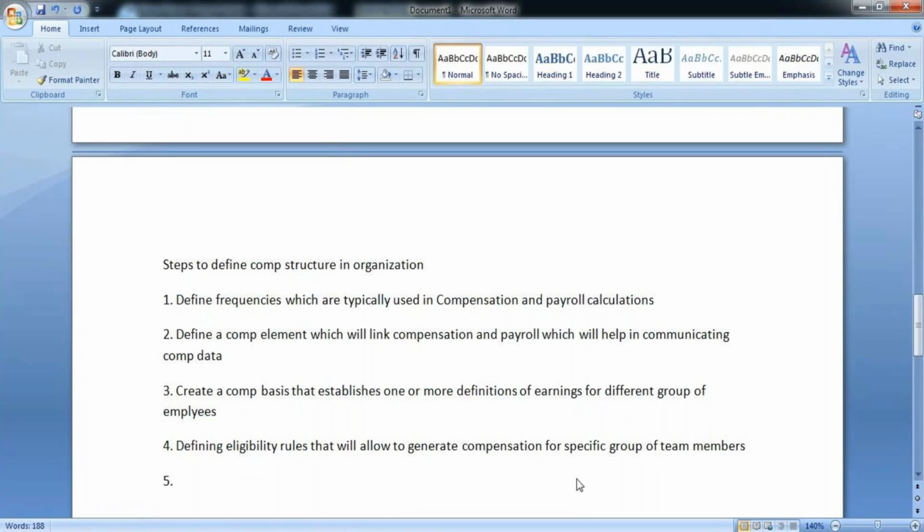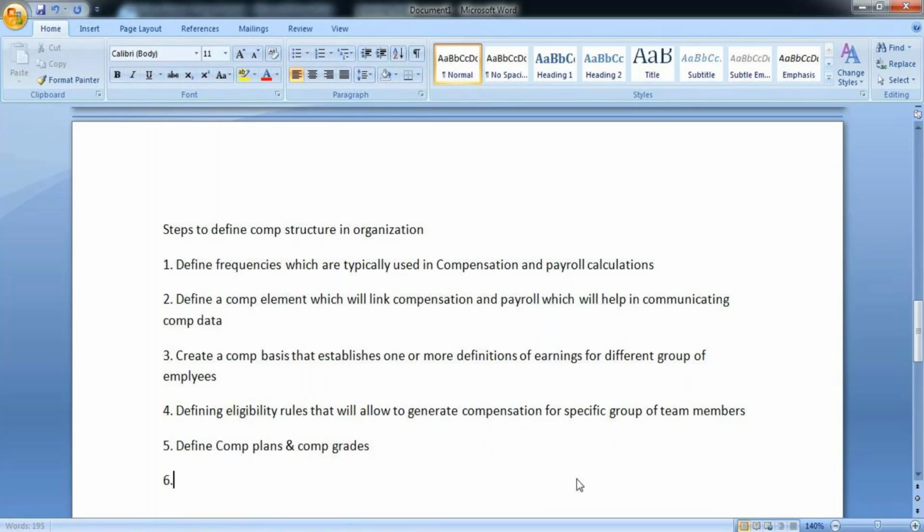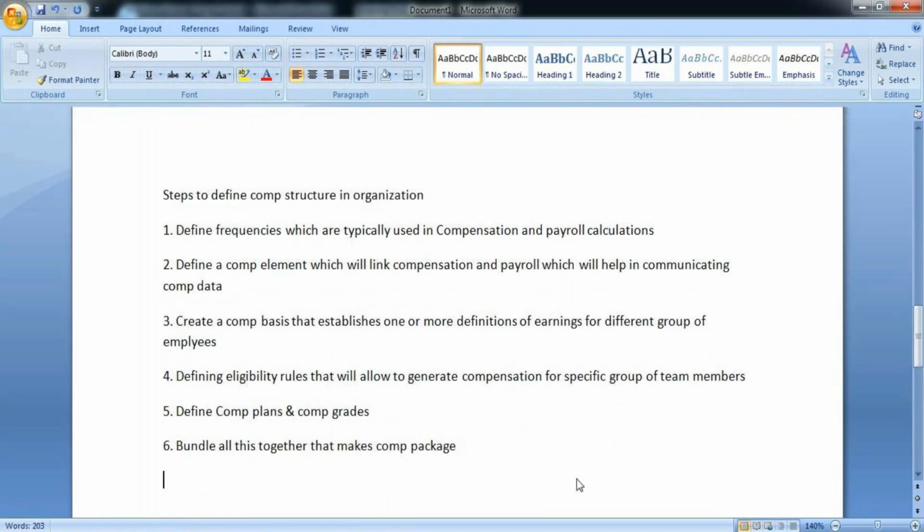So this is where all our core compensation steps come into the picture. Once you define the eligibility rule, I'll be specifying, define comp plans and comp grades. Once I have comp grades, bundle all this together. That makes the comp package. So these are the six steps that you'll typically follow whenever you're building a compensation structure in your